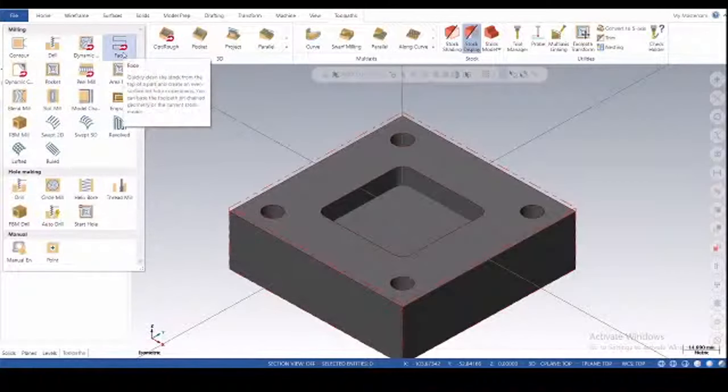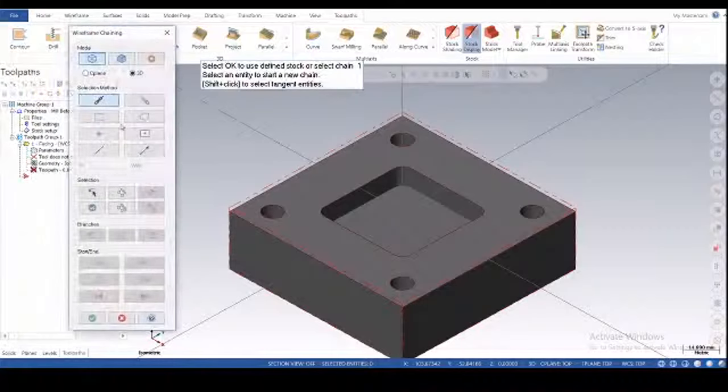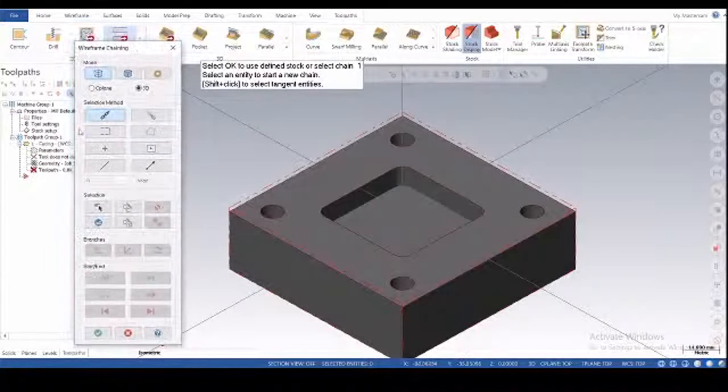Okay, so first face. After you click on the face toolpath, you will get a window for the chain selection. Here we will get many types of methods for the selection, and we have to select the chain.